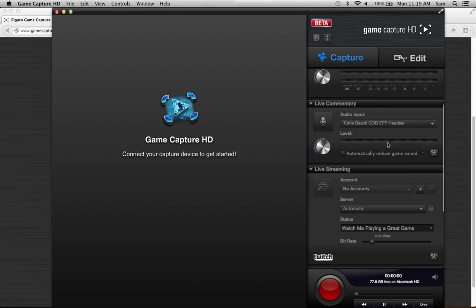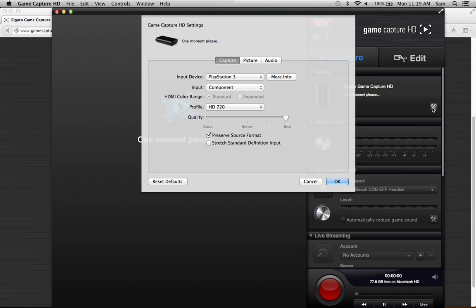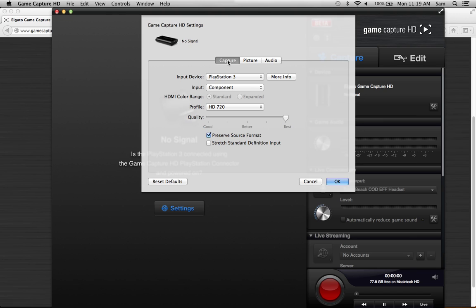When you get in here, you'll notice 3 different sections. Well, 4. There's the device section, where you can change all your settings and stuff, so capture, picture, audio, and all that. But anyway,